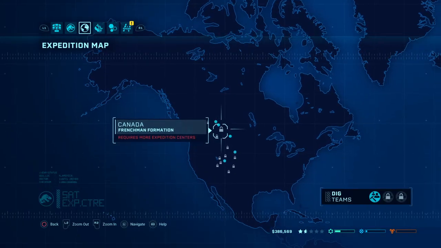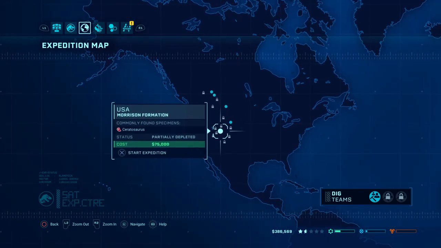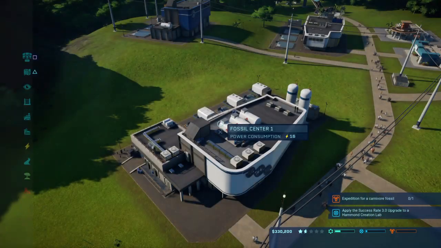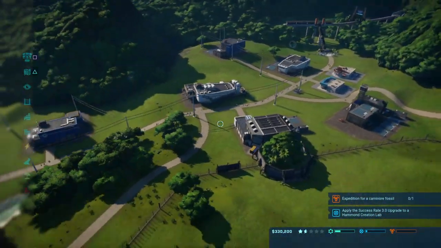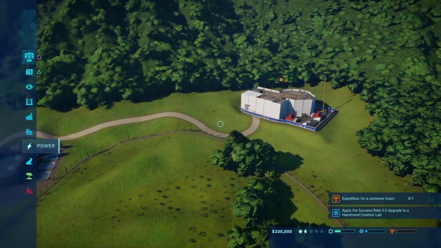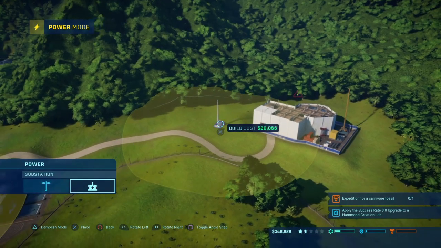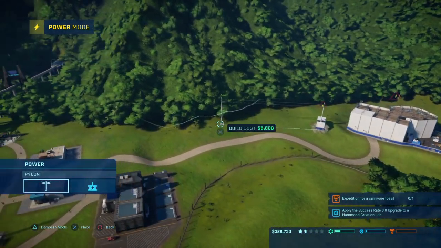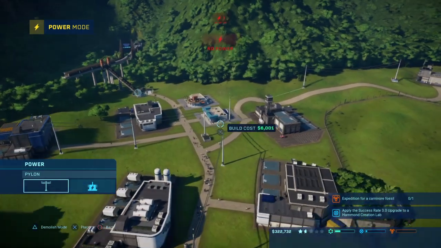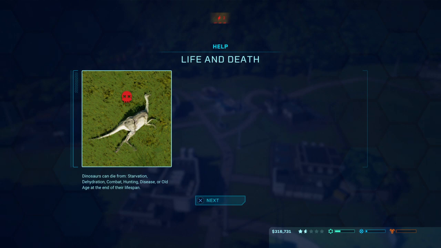Is there a way that I can get Struthiomimus and possibly a carnivore? You know what? This is more worth it, I guess. Okay. So we just have to give it power now. No big deal. And we'll just bring that over here. Yes, I know, I'm...